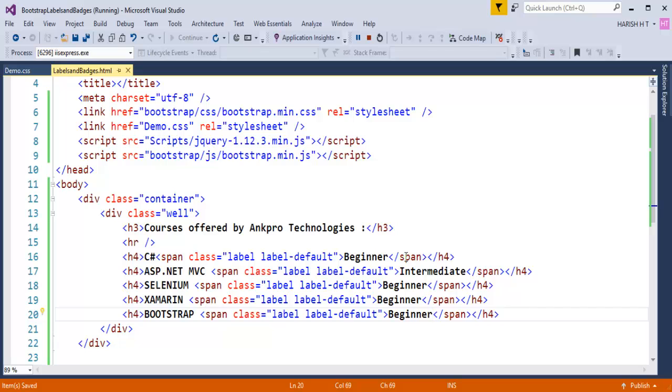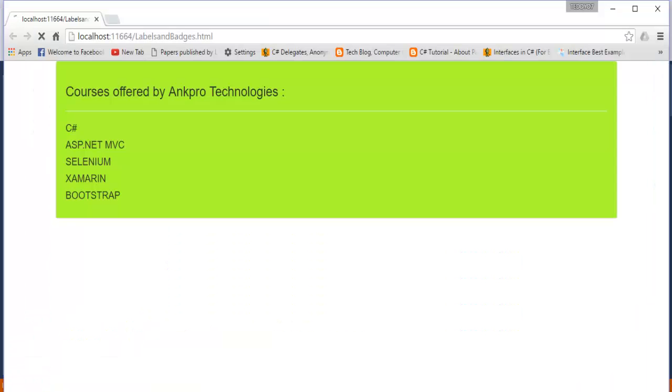Now what I'll do is I'll come back here and refresh the page. You can observe currently we're getting the labels. It's telling that C# is a beginner course, and ASP.MVC is intermediate, and Selenium, Xamarin, Bootstrap, they are beginner courses again. This is how, if we need to provide additional information with the original content, then we should make use